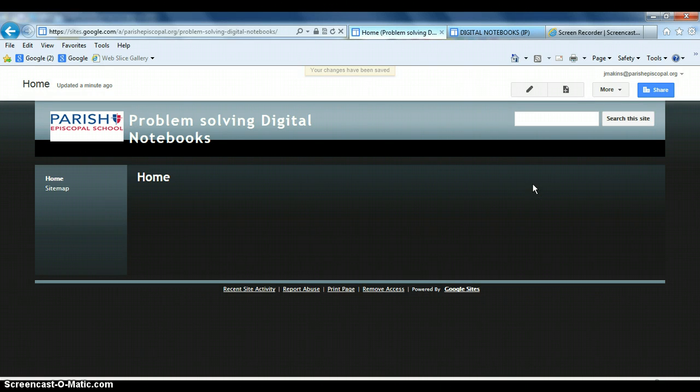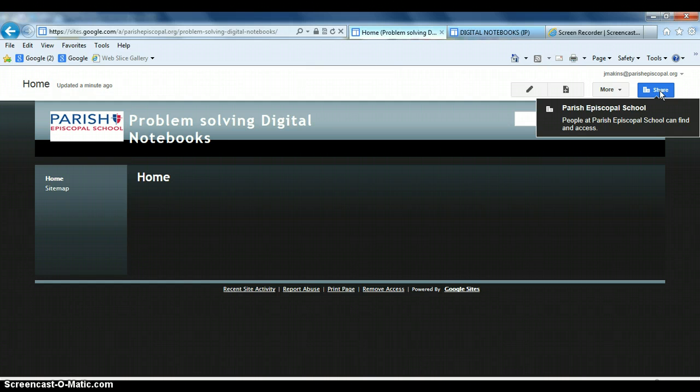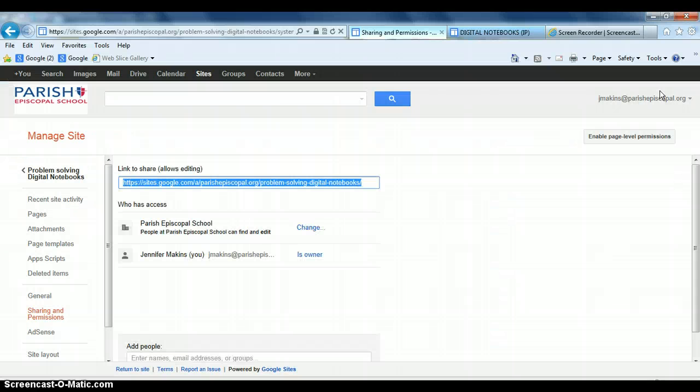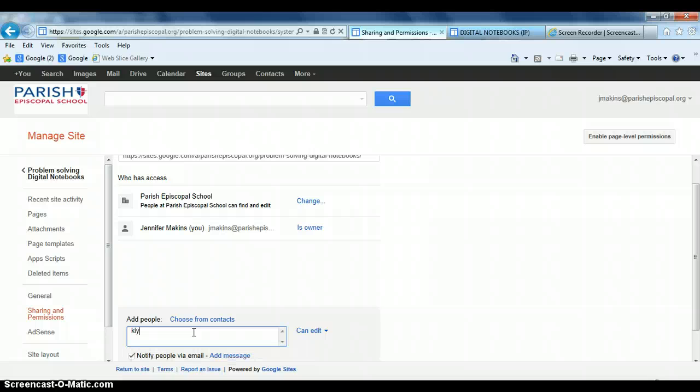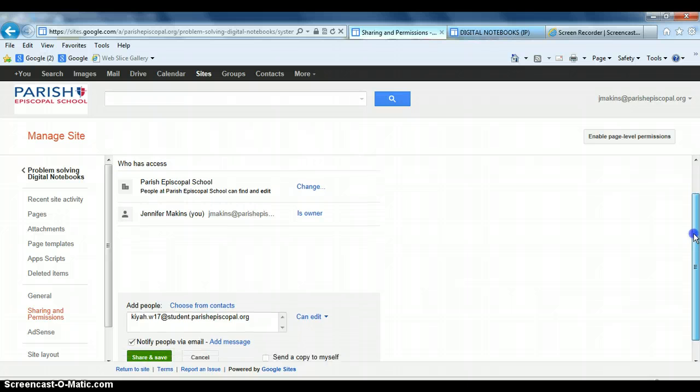What I will do then, once I have my class roster, is I'll go in here in order to give the kids permission to edit this part, correct? I click here on share, and then I'm able to go down here and enter the student email addresses. And I happen to know one student that will be in my classes already, and she's an 8th grader. So, and I've got it on Can Edit, so she has